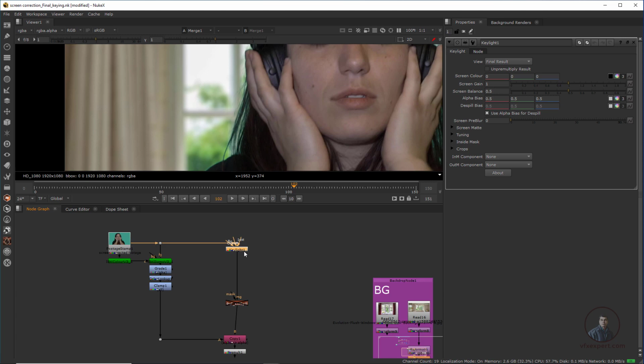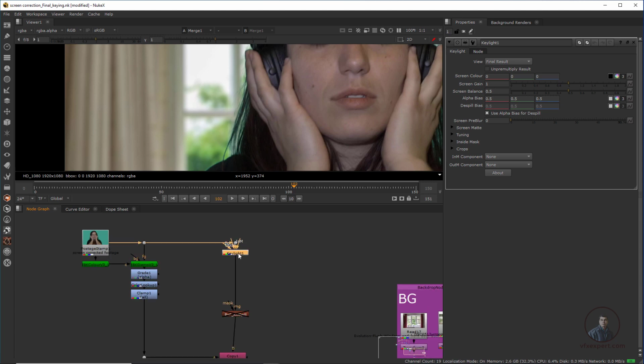Then with the help of Keylight, you can also do your spill suppression here. Then again double click here, then in Screen Colour simply type 1 here. So with the help of this Keylight, you can also suppress your green color, and if you have PA accept kill spill, you can also use this one. Now disable this one, press D, and enable this one, press T here. So whatever you have, you can use.